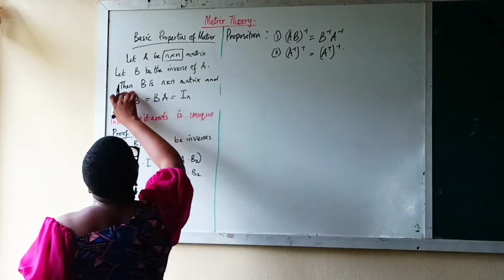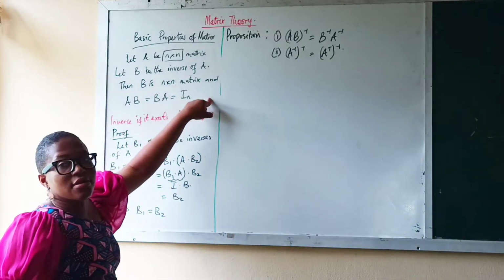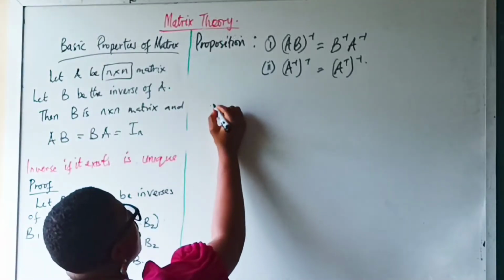So we said that B is the inverse of A. Yes, it says so. So we want to show that